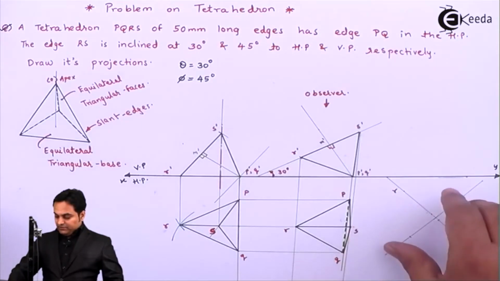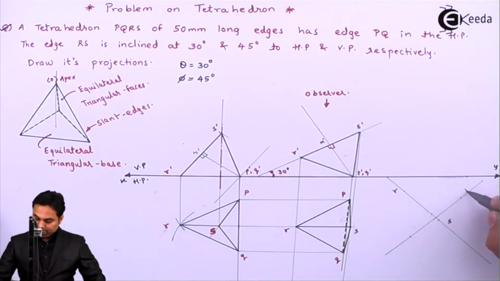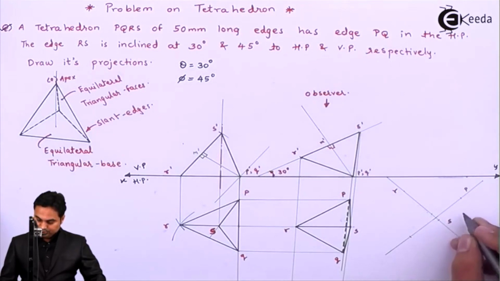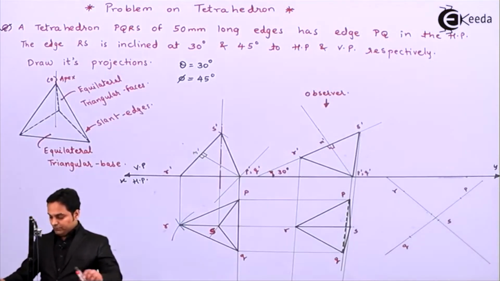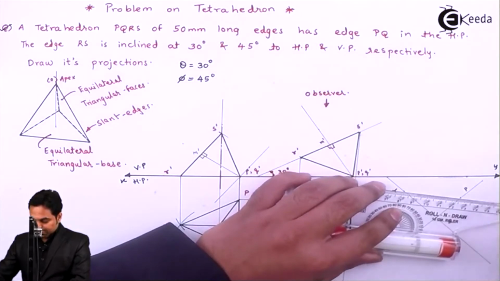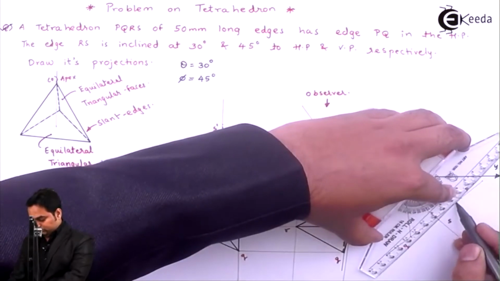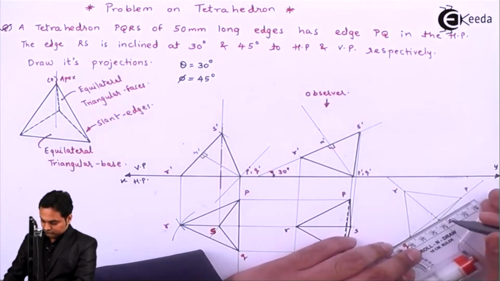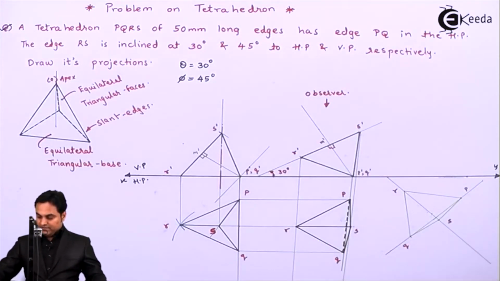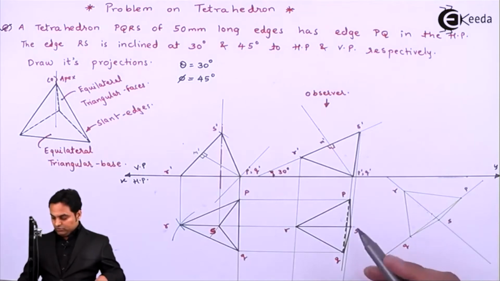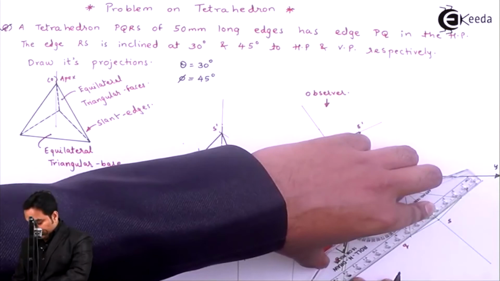Now when it has been tilted in this direction, point P is located here, point Q is in this direction. Now I'll join it with the help of light line first. Then drawing the dark lines and hidden lines as I have drawn it here. So first of all, P dash Q dash or PQ will be dotted.